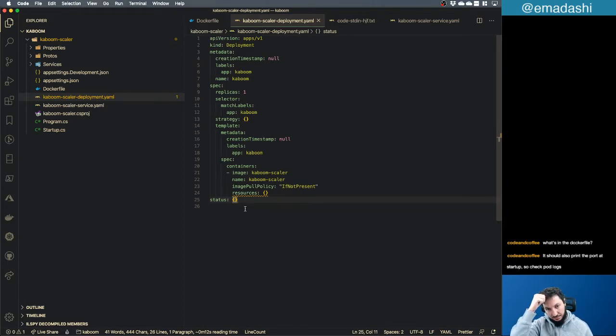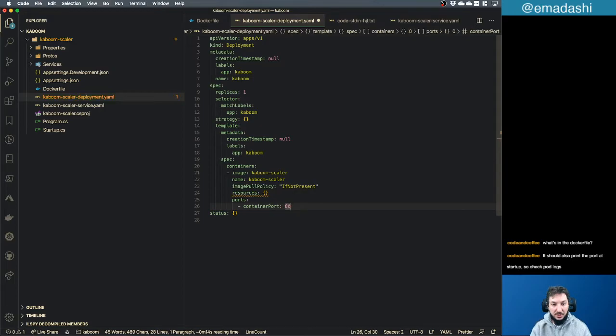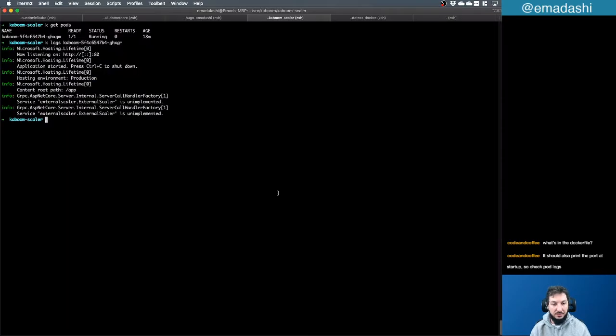Let's try again. Let's say ports, container port 80. I don't know if this is going to work. Just gonna do it. Can we do this again? Okay, apply -f kaboom scalar deployment. All right,